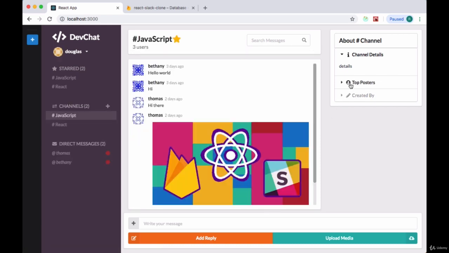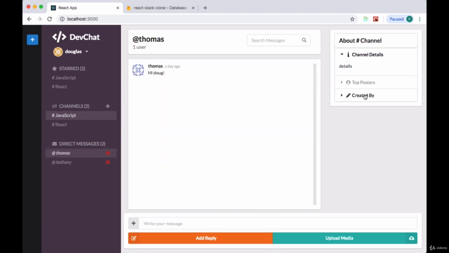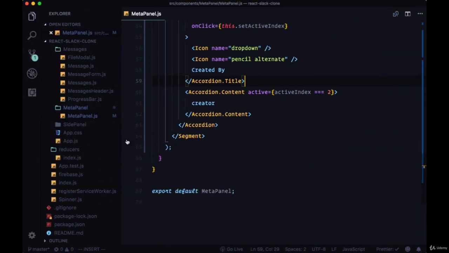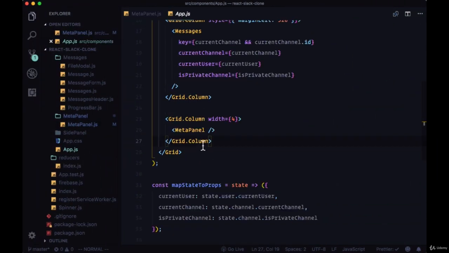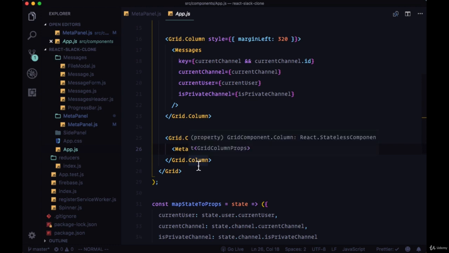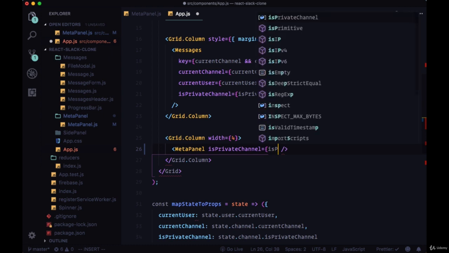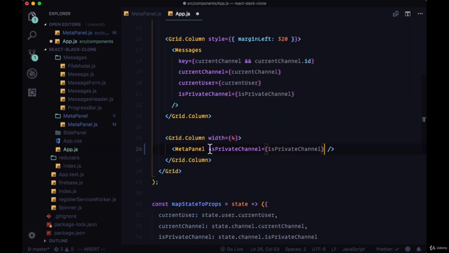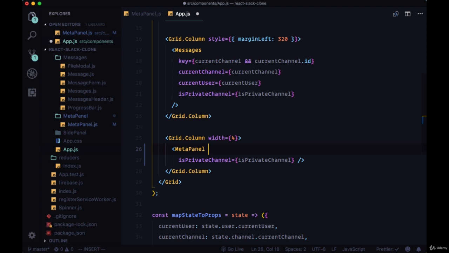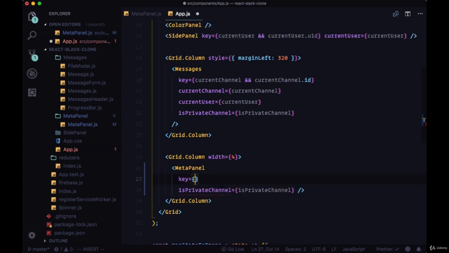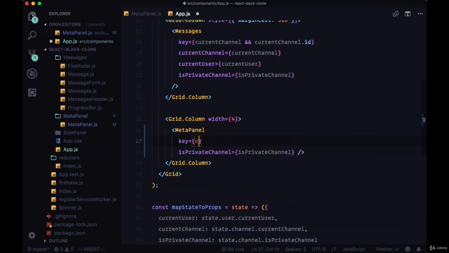So now we have our accordion. We can toggle between different segments of it, and we can see the default text that we put in each area. But now we want to hide the meta panel whenever we click on a direct messages channel. We only want to see the meta panel to give us the user information whenever we click on a new public channel. So within app.js, we're going to pass down an isPrivateChannel prop, the value of isPrivateChannel, to our meta panel. And as we know, we need to give it a key so that it renders properly. We'll give it a key